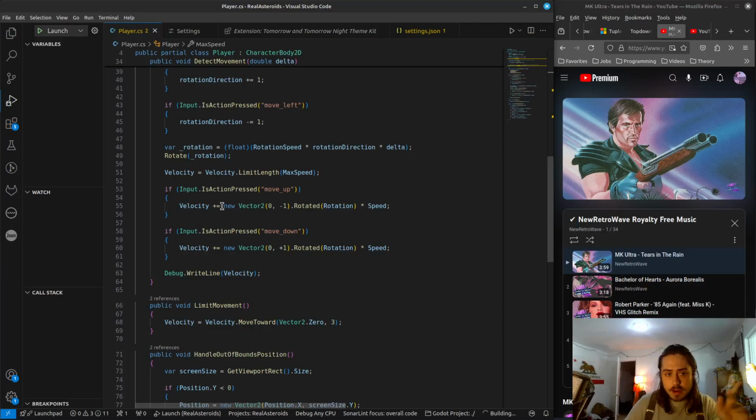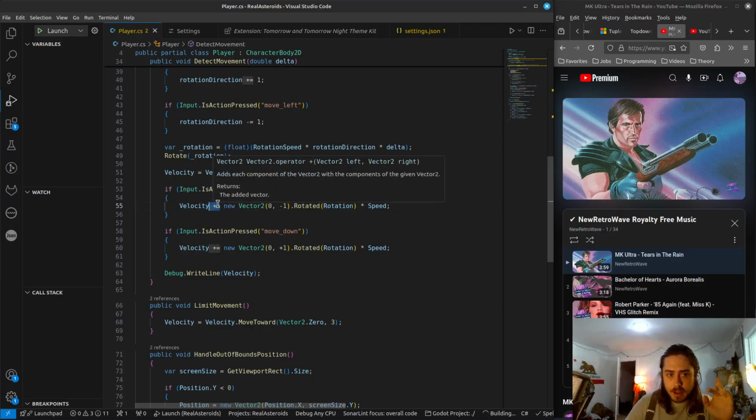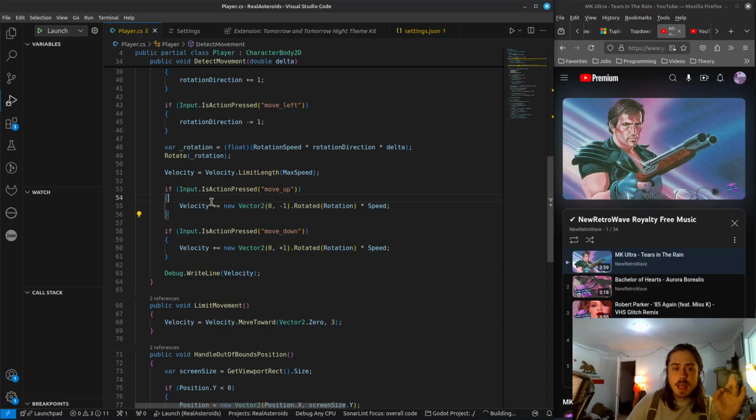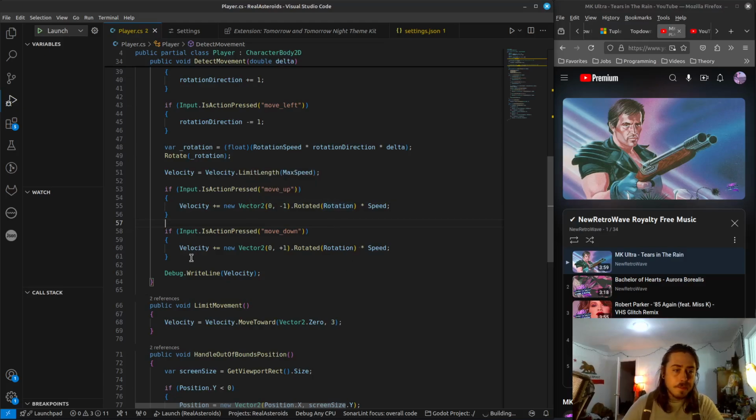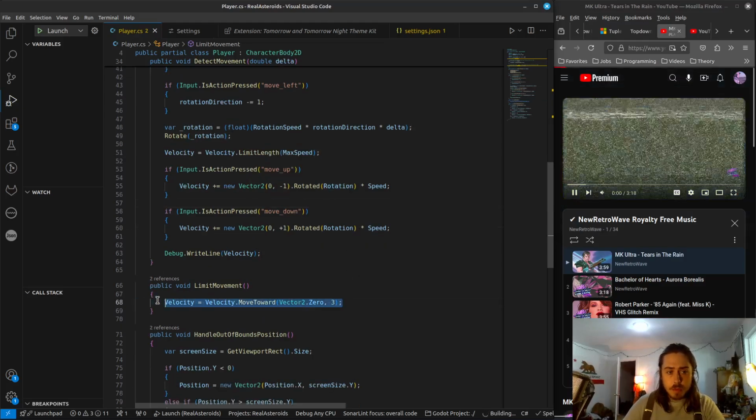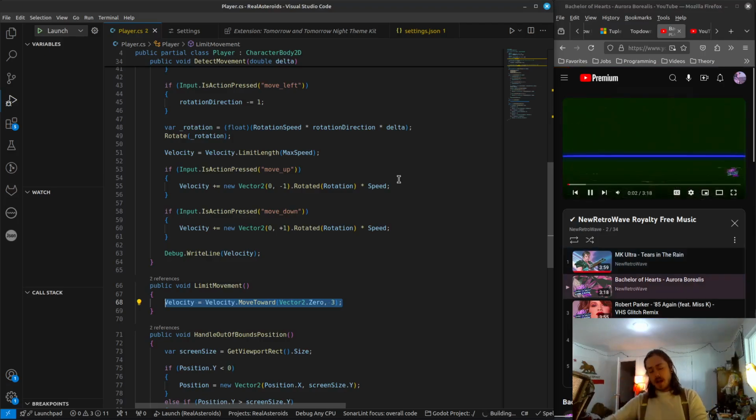In any case, another key failure on my part is that I was setting velocity directly instead of adding to it. It should be additive. And when I was like, why are we setting the X position and not the Y? That was a good thought on my part. Turns out we do need to be setting that Y position. With limit movement, as I was talking about,